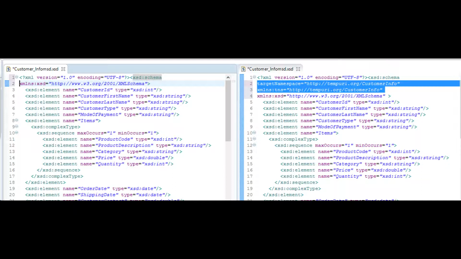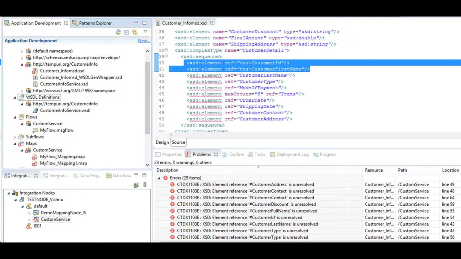If you drag and drop the XSD in the default namespace to the other folder, it will cause errors. You have to manually type in the target namespace as shown in the picture. When you add the target namespace at the top of the XSD file, you would cause errors in some other section of the XSD file. See example on screen. Prefix your references with tns: and the errors would go away, as highlighted on lines 40 and 41.